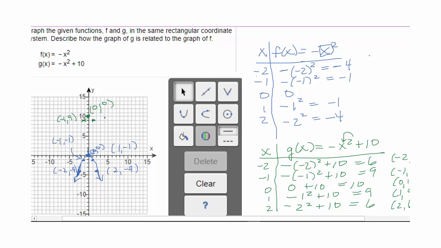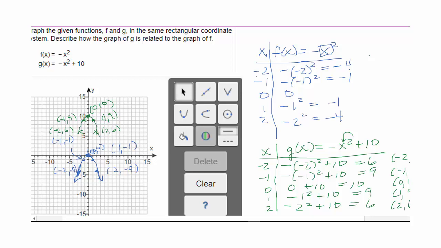So it should be a dot, not an x, but for technical reasons, I have trouble making dots. All right, and then this would be 1, 9 here. And then negative 2, 6 would be about here, and 2, 6 would be about here. Okay, so connecting the dots then,